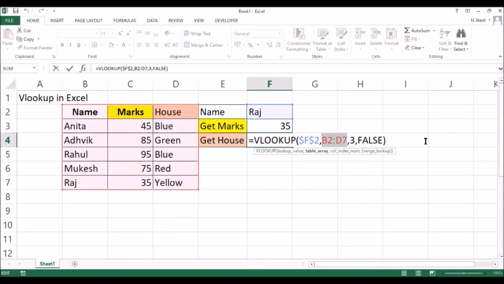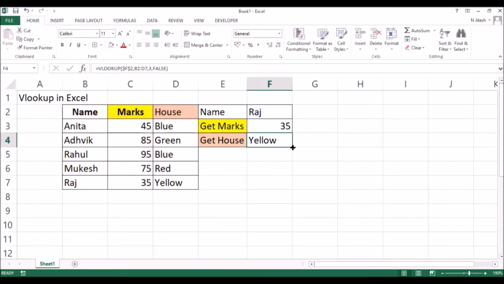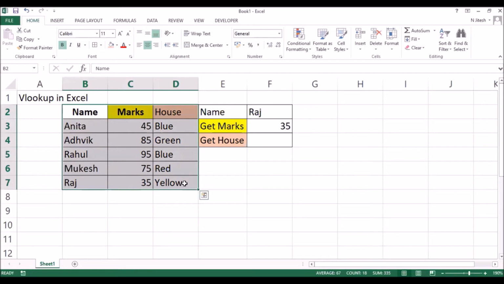Let's drop this again. The first thing is I will select the entire table and try to give it a name. So you need to select the entire table, then click on the name cell here, and give a name, like my table 1. As soon as you write a name here, press enter. If you again select it, you can see it's showing my table 1.